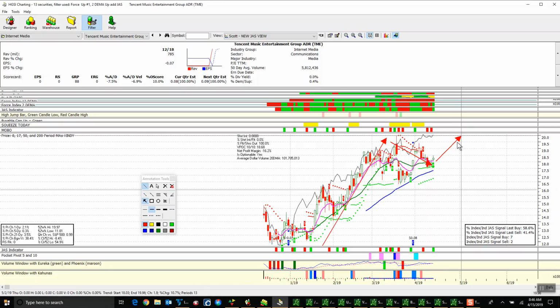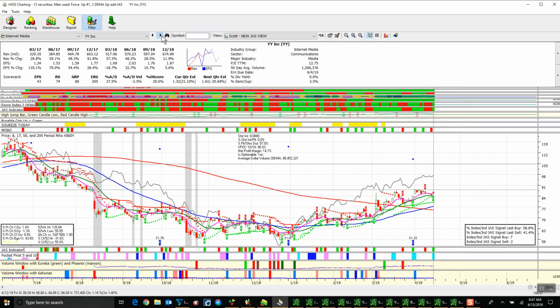YY, this one continues to do little, but it hasn't destroyed the investment hypothesis, which is it broke up above its moving average as it continues to retest. So I do this every night. I go down through the top stocks, infrastructure software,